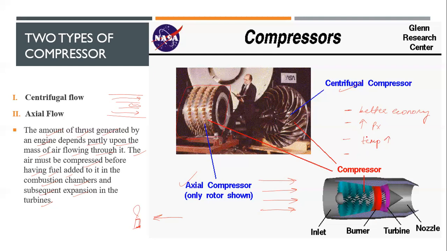So when we increase the pressure, the velocity reduces. That is the main reason we do this also. These are the three factors that lead to the economy, which is the end result. We increase the pressure so that it will help us in getting a better ratio, and we increase the temperature and reduce the velocity so that we can burn the fuel. That is the main reason.